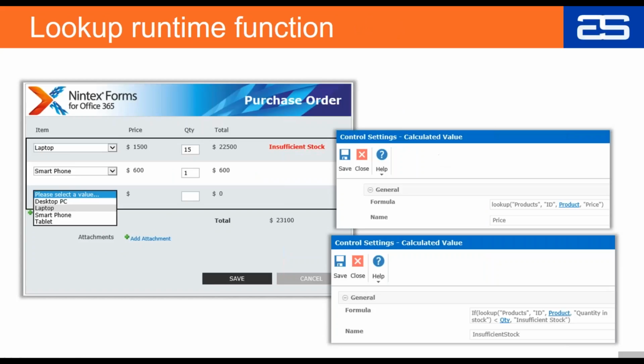The Lookup runtime function was previously available on-prem and now it's available on 365. For those of you who aren't familiar, it essentially is going to allow you to retrieve data from a SharePoint list and then display that data in a calculated value control. So you can also use it as a conditional in creating a rule. What we've got here is this item field is a lookup to our product list. And then this price field is going to be our calculated value. It looks to the same product list and says for laptop, pull back the price of one laptop and calculate that times the quantity selected to provide me with the default price